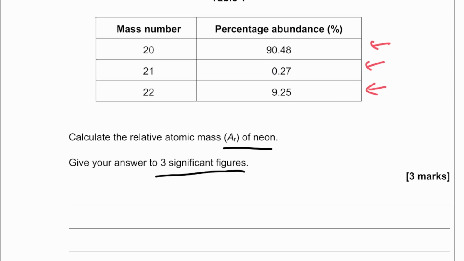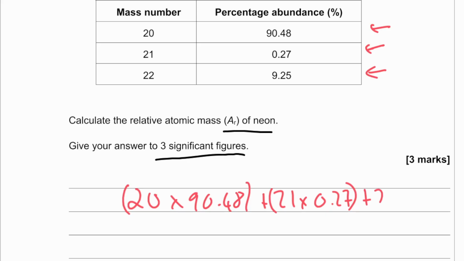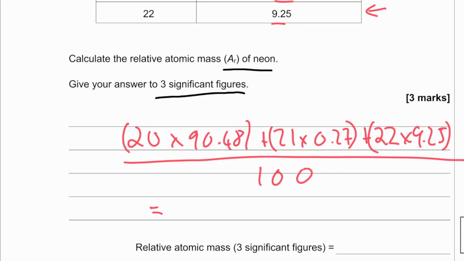Okay, so what we're going to do is we're just going to multiply each of these together and divide through by the total. So we want to do 20 multiplied by 90.48 plus 21 multiplied by 0.27 plus 22 multiplied by 9.25. And then you want to divide through by the total number. And this is percentage abundance, so these all add up to 100 basically. So you can just do divide through by 100. And if you put that into your calculator, you should get